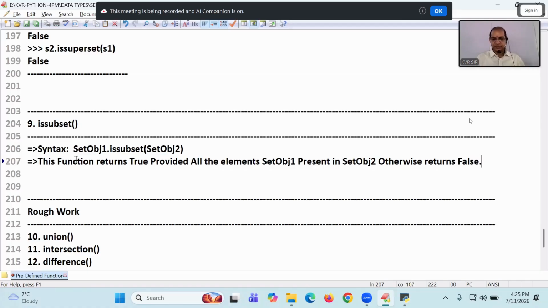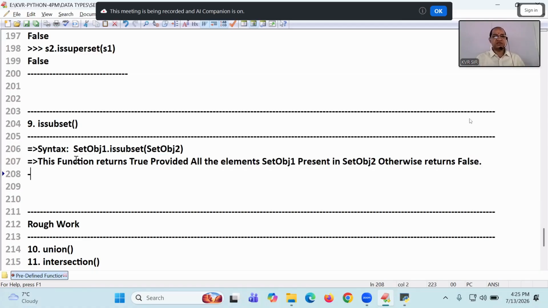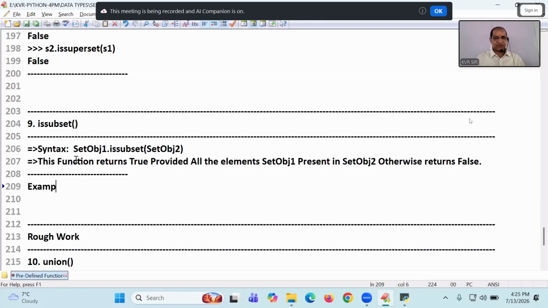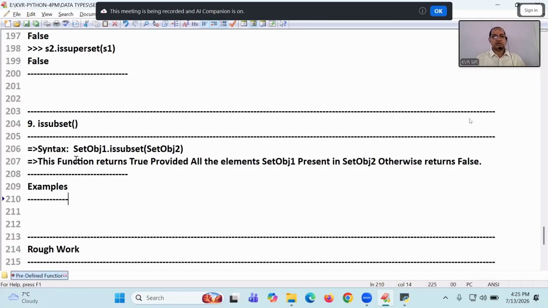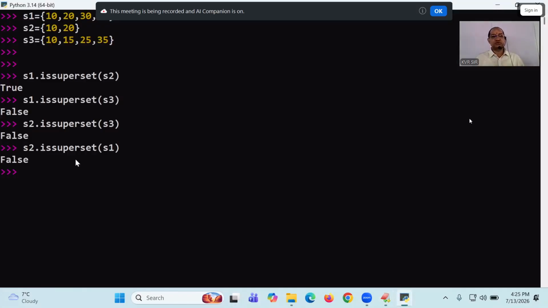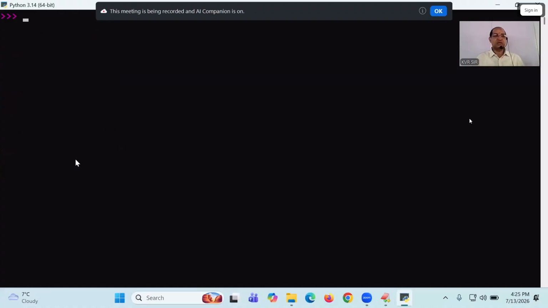Returns false. Okay, go to the examples now. Go to the examples I'm taking now. So I'll go to this place. So students, now have a clear about that. S1 and this is S2 and this is S3. S1 dot S2 dot is a